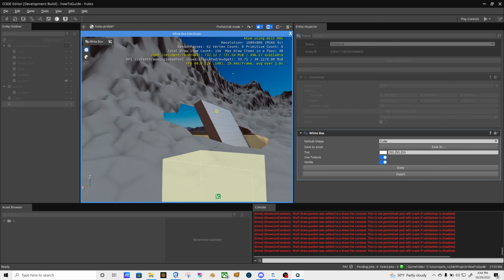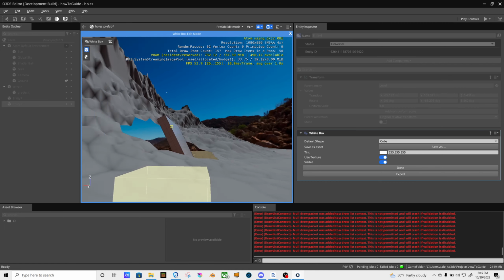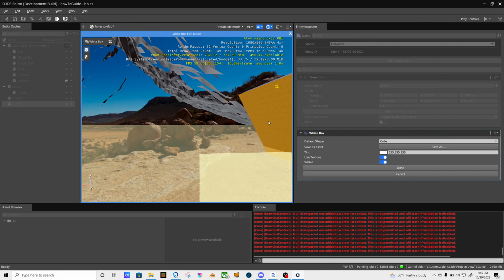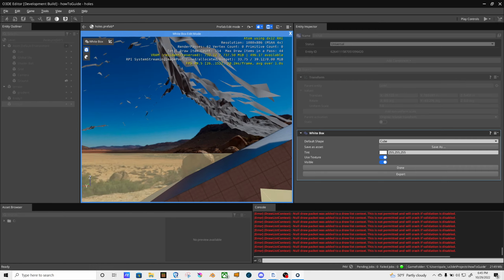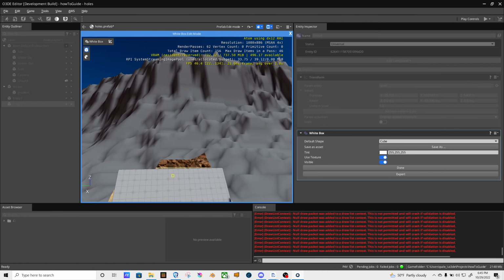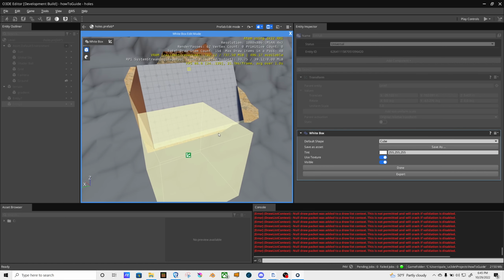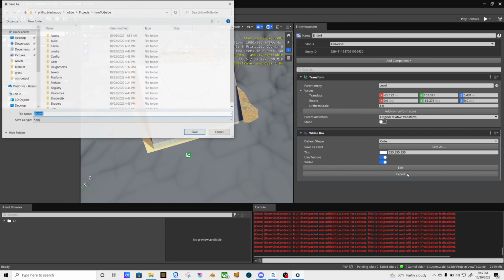It was beneficial to use the collider box here to make the child, because it kind of positioned everything nicely for using the white box. But okay, so I'm making basically where the entrance will be. I would probably use rocks or something to kind of cover up the surrounding area, just kind of hide all the corners. And what I'd do is get out of edit mode here, and I would hit export to